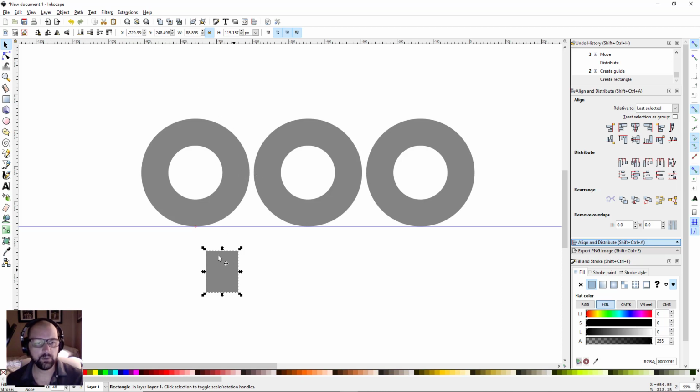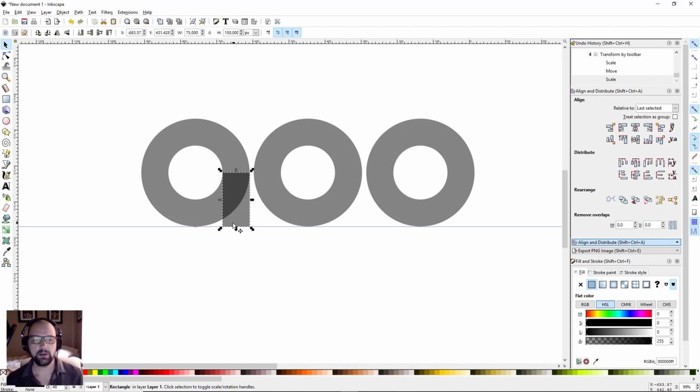So now with this selected, we're going to change the width, and we can unselect the lock here. We're going to change the width to 75. So just hit 75 and enter. And we could probably make it a little bit taller by dragging that middle arrow up. Now we're going to bring this up, and it's going to snap onto that smooth node right there, which is exactly what we want. And now we can click this middle arrow on the bottom and drag it up until it snaps onto that